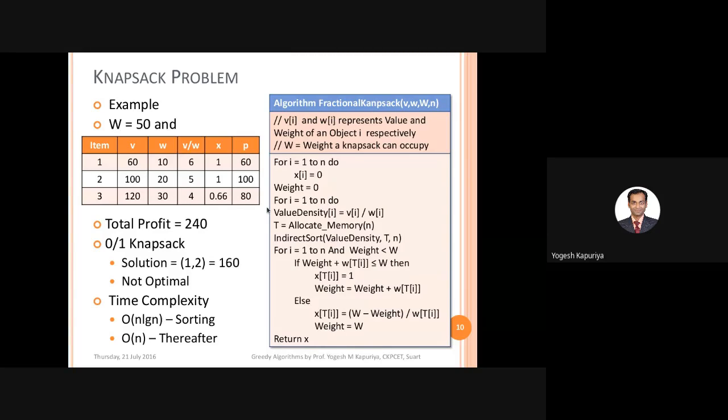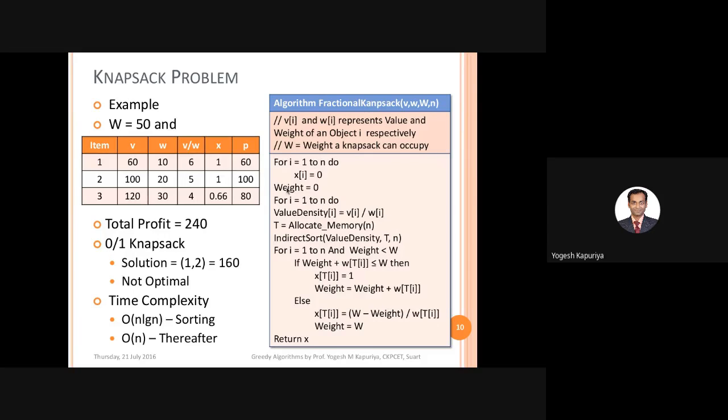Obviously you are doing this in decreasing order, which means the highest will be first. Then for I equal to 1 to n, that means you are starting from the first object. Then you are checking the weight of that object, weight of T of I. Obviously, the first object means the object with the highest value density, so you can get it by using T. So weight of T of I plus current weight.